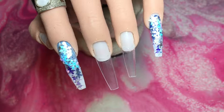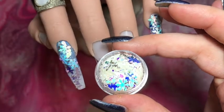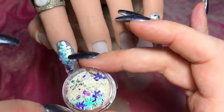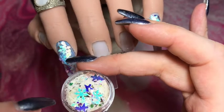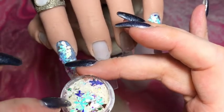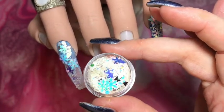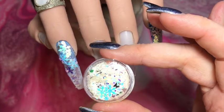So this design I am going to show you today is very much inspired by the Day 12 glitter from the Nail Team advent calendar, which was this really beautiful, I called it a snowy scene mix. So it had some silver mirror pieces and some iridescent pieces, almost opal iridescent. A variety of shapes, some hex pieces, bit of tinsel, there's some triangles, some